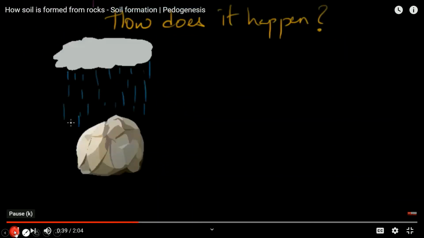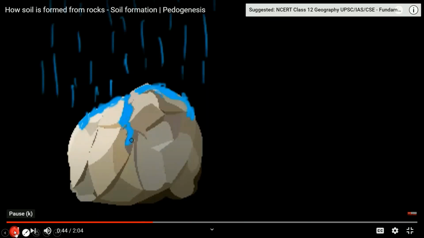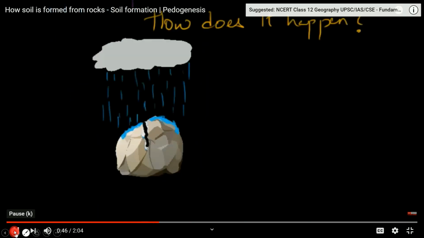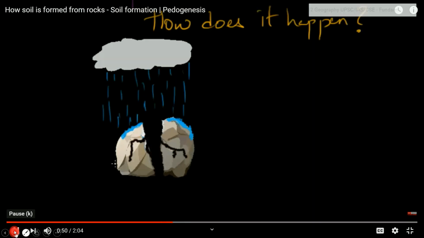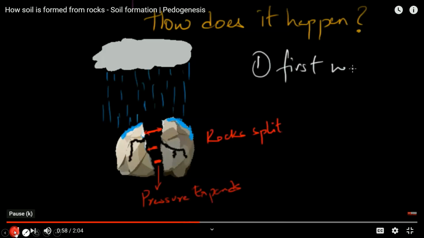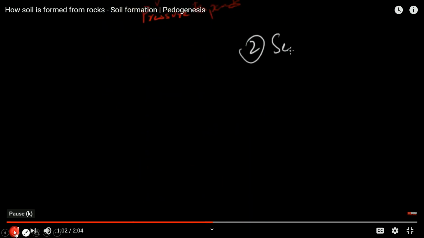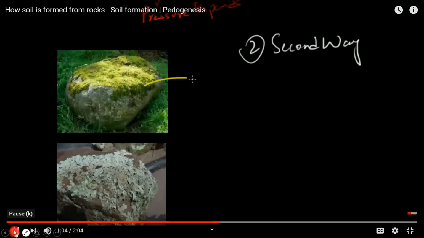So when it rains, water falls on the rocks and seeps into the cracks of rocks and freezes. Frozen water expands and that exerts pressure on the walls of the rock. This pressure is enough to make the walls crack further apart, thus expanding and deepening the crack. This is what happens to the city roads and footpaths. That's how they crack.